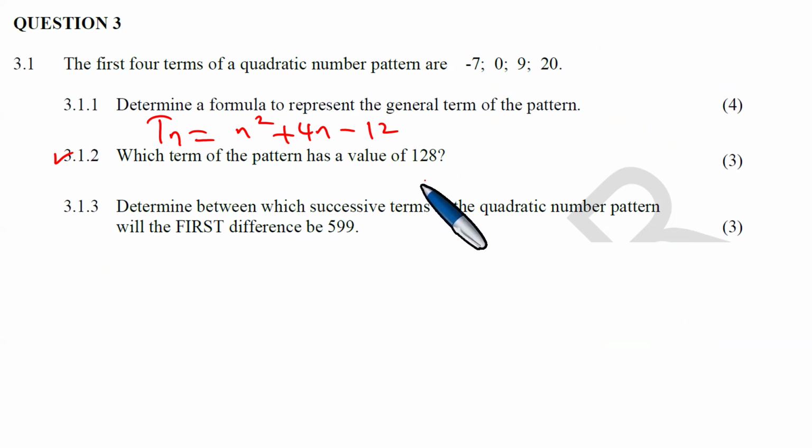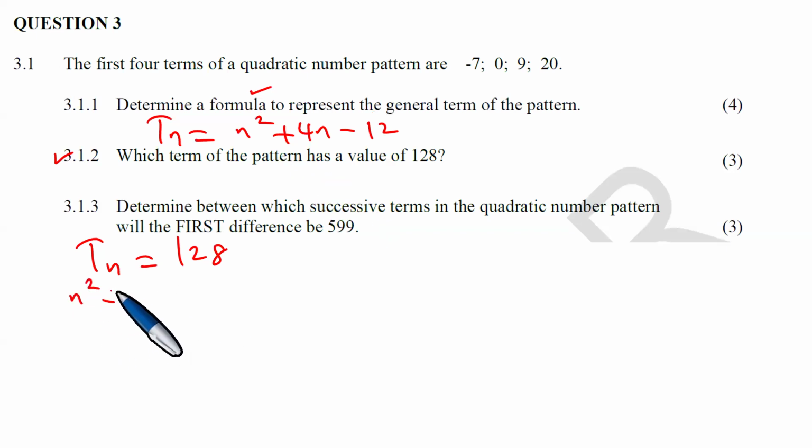There's a specific term that is 128, so n squared plus 4n minus 12 equals 128,